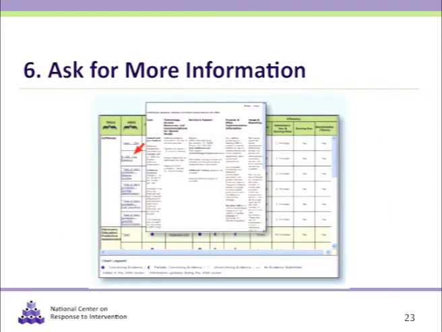You may find that the tools chart does not provide you with all the information you need. For example, what if the tool in which you're interested does not have disaggregated data for a particular subgroup that is important to you? The center recommends you ask the vendor or developer. Developers who choose to submit their tools for review and publish them on the chart are interested in meeting the needs of their customers. As such, they're interested in doing more research to provide data that you need.